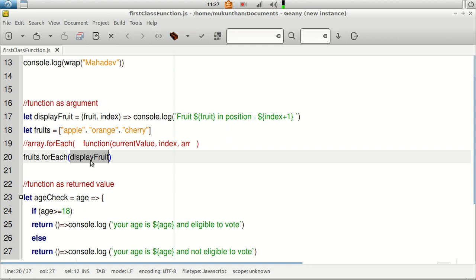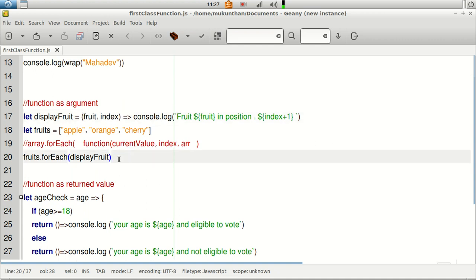And next one, when you just pass this function, it will be taken care of, and every time, you know that forEach will be getting the current value and the index, which will be passed to the function which you have passed as an argument. So the first time the iteration goes, apple will be sent to the displayFruit, and it will be sending the index and it will be sending the total array. But in our implementation we have only the first two values, that means the current value and the index. That's why even the namings are fruit and index, and you are displaying that one.